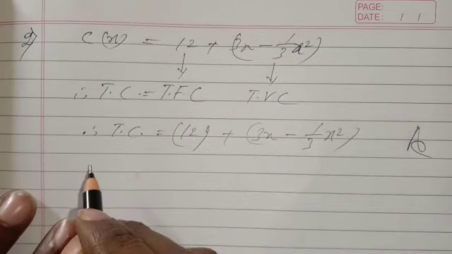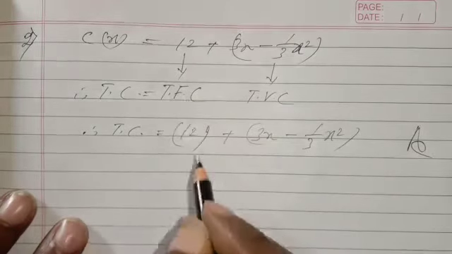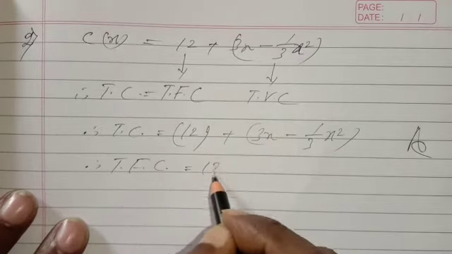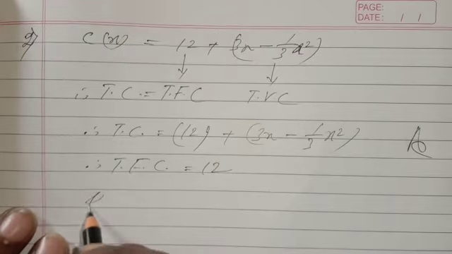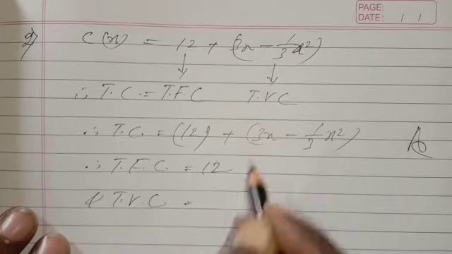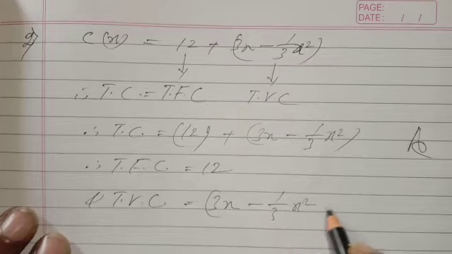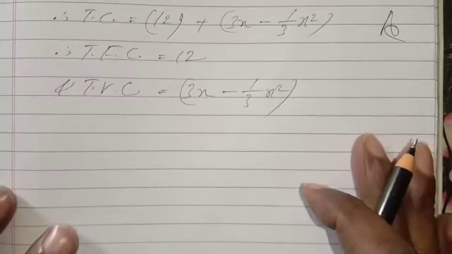Then you have to find out total fixed cost, which is 12. Total fixed cost is 12, not related to x. And total variable cost is how much? That is 3x minus 1/3 x². After that,